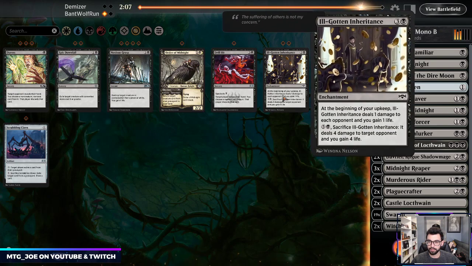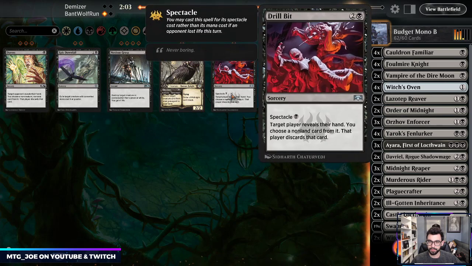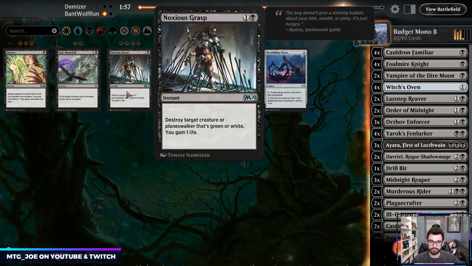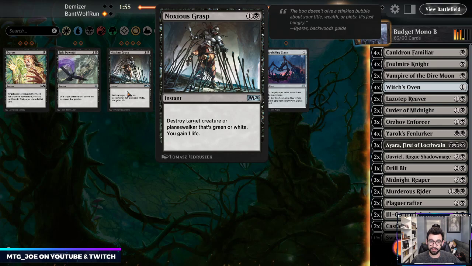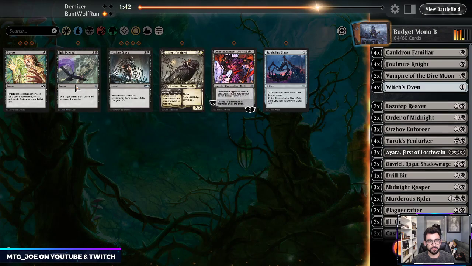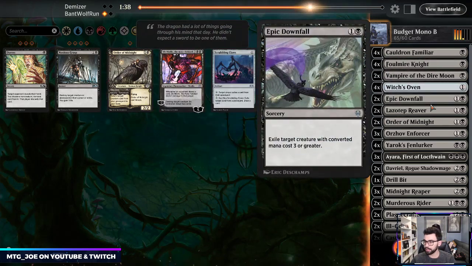Let's bring in the Ill-Gotten Inheritance. Drill Bits. Noxious Grasp gets rid of really only Lovestruck Beast. And I'm Beanstalk Giant. Actually, Epic Downfall is pretty good. It gets rid of all their threats. Coming out,